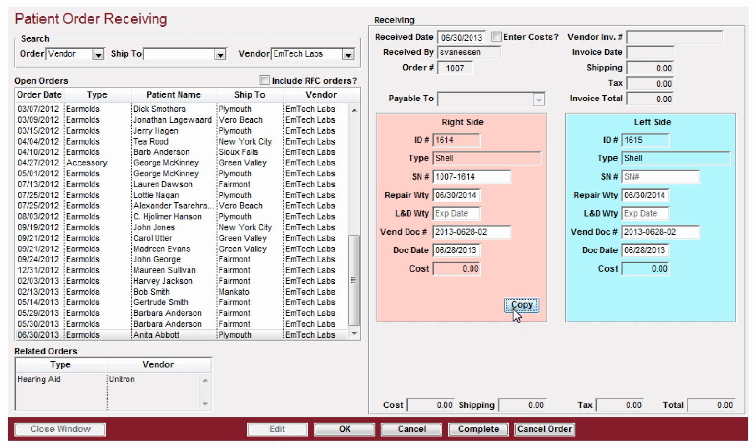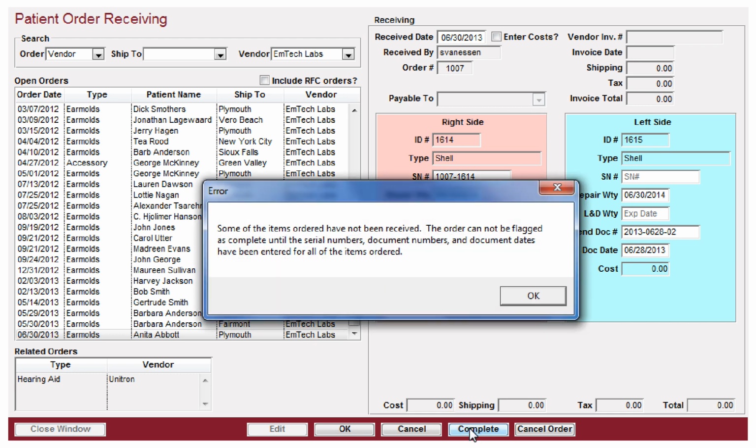Again, I can use the copy button to copy the right side information over to the left. The only thing that doesn't get copied is, again, the serial number. We do need serial numbers for ear molds in order for the system to accept the order as complete. So if I flag this order as complete right now, it's going to warn me that it doesn't think that everything has been received,